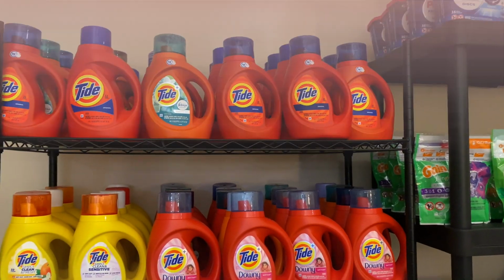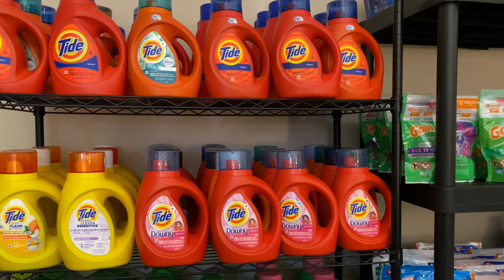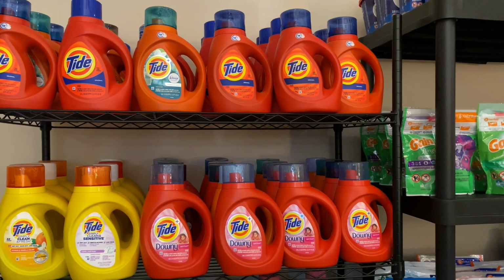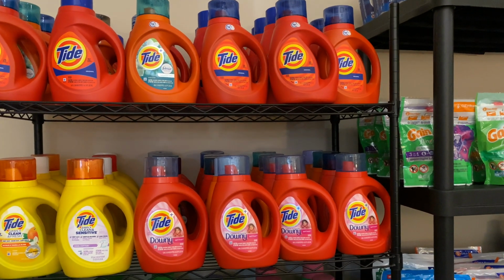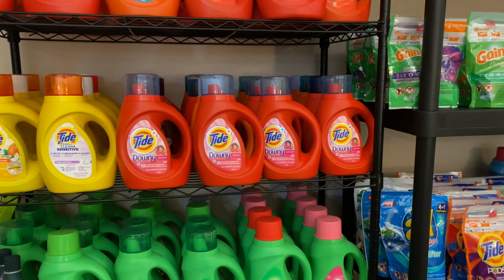Okay, you guys, so now let's get into what you came here for, and that is the stockpile tour. And y'all, it's been many years since I have done a stockpile tour, so I'm hoping I'm doing it right. The first section that we're going to start off with is the laundry section. So this is the